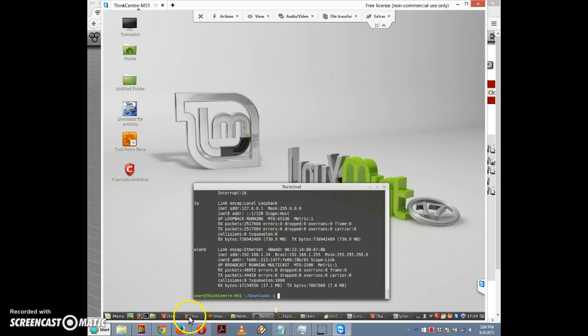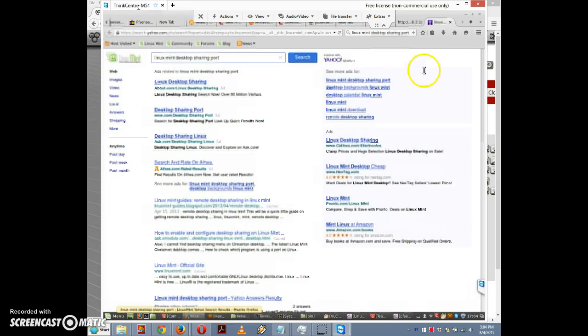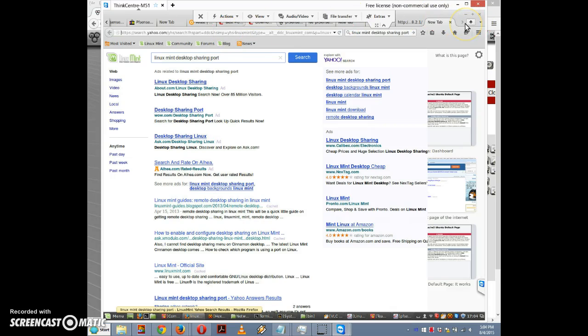We can actually prove this by going in here and trying to access the firewall from the browser. So I'm going to open up a new tab here,